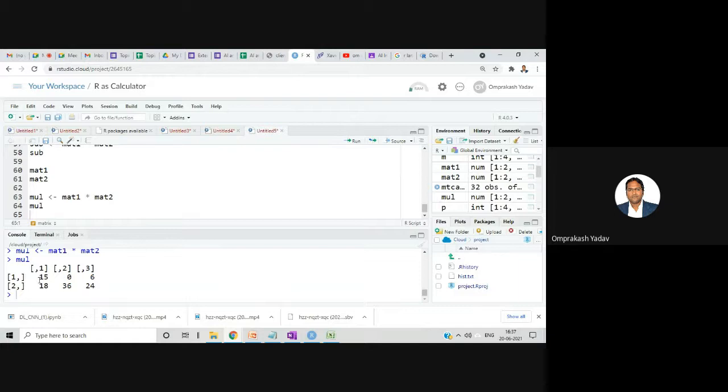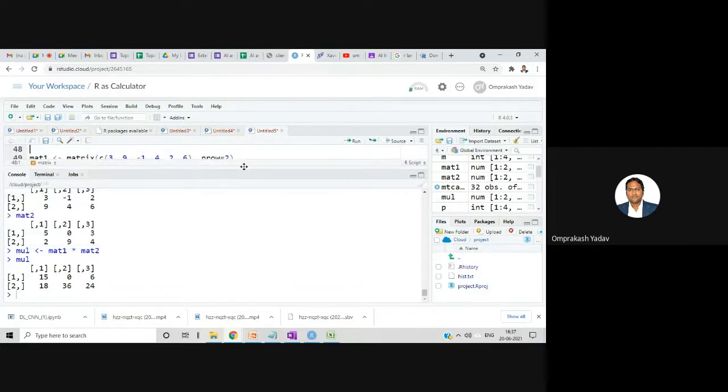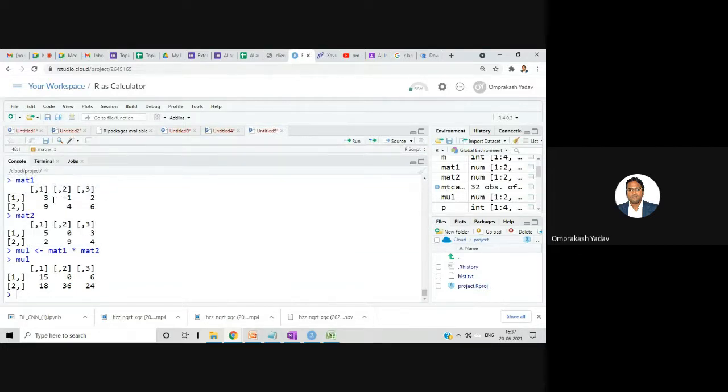Okay, it's showing me in this way, but this is not the multiplication actually. If we see the matrices, I'll show you over here. This is my matrix 1, 3, minus 1, 2, 9, 4, 6. Second matrix is this one, right?